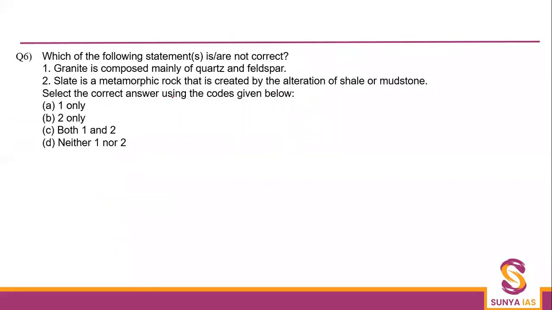The next question says which of the following statements is or are not correct? Friends, always be very cautious whether it is asking about correct or not correct. ठीक है, तो यहाँ not correct पूछ रहा है. The first statement given is that granite is composed mainly of quartz and feldspar. Is this correct? Definitely the statement is correct. ठीक है, granite क्या है? Granite is an igneous rock. Okay, the grains of granite are large grains. ठीक है, then